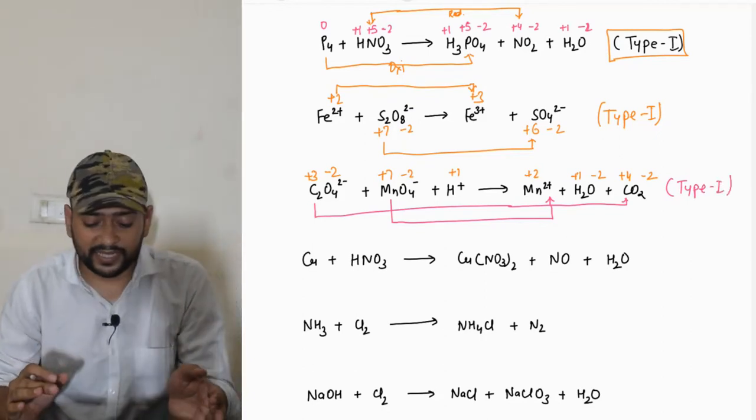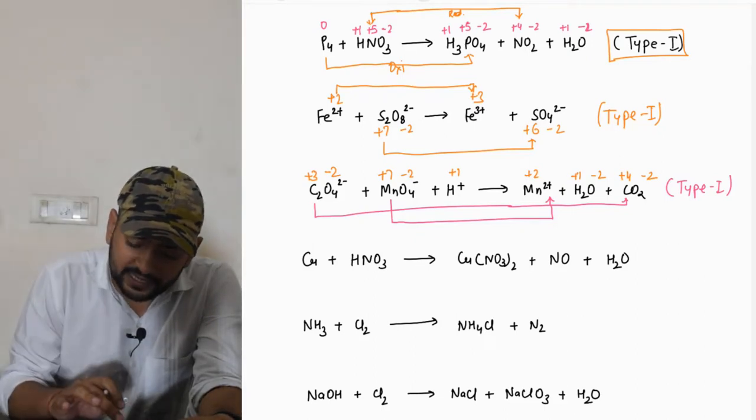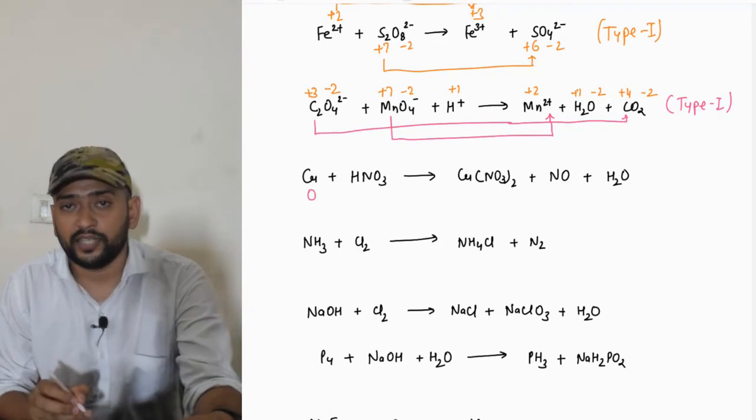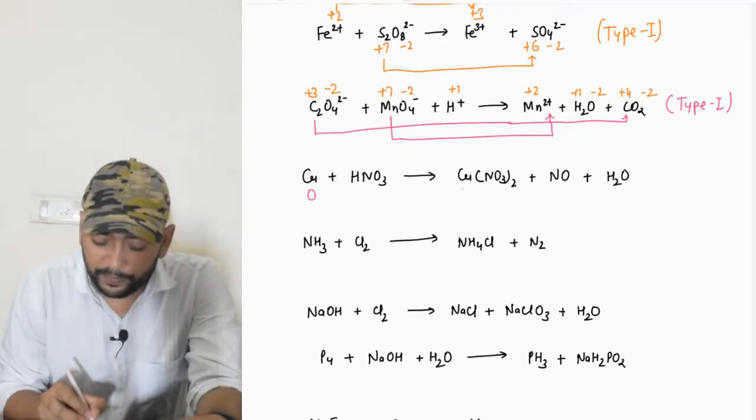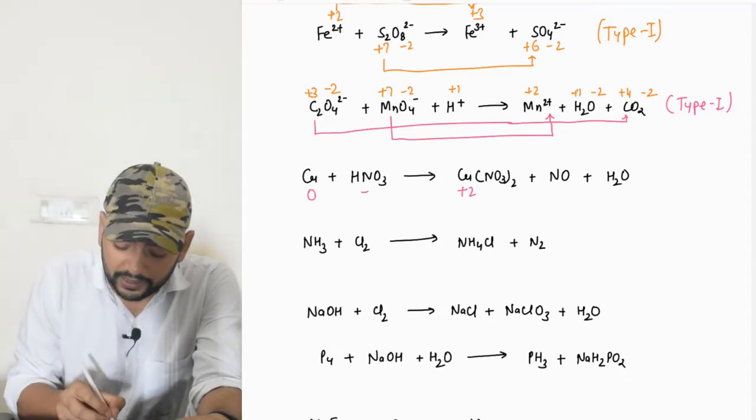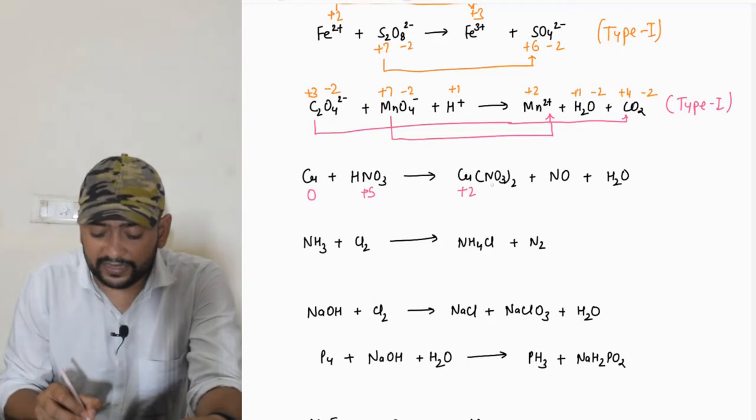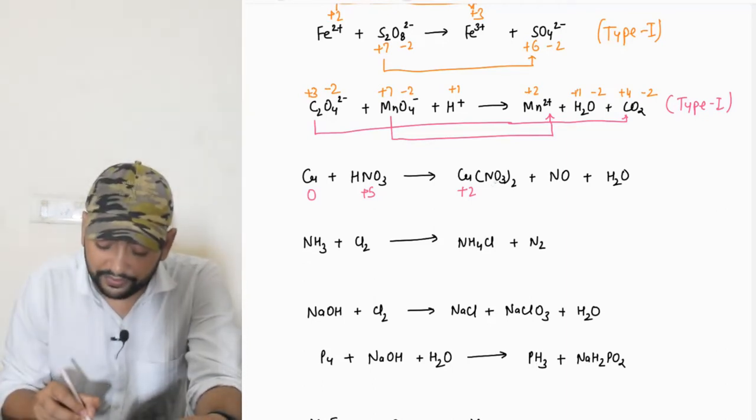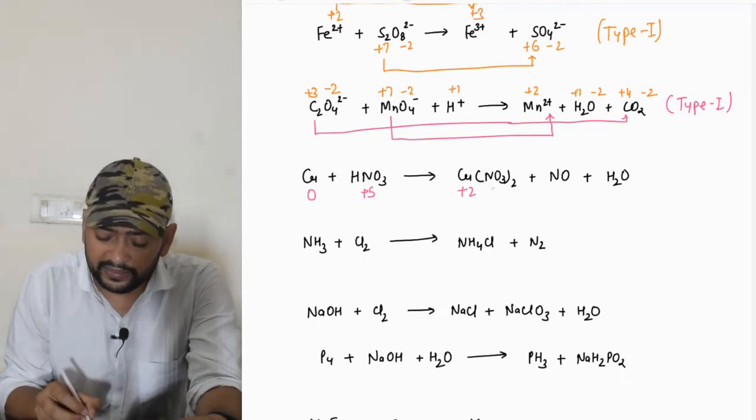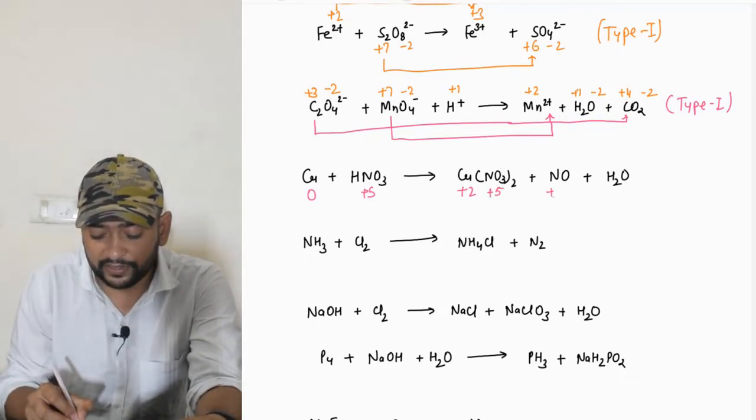Now let's look at the second one. What is happening in this case? Here we have copper, so the oxidation state is going to be 0, and here again we have copper, so the oxidation state is +2. But for nitrogen, what is happening? Here we have +5, right? And in this case, what is the oxidation state of nitrogen? In this nitrate ion and in this nitrate ion the oxidation state is going to be the same, and here the oxidation state is going to be